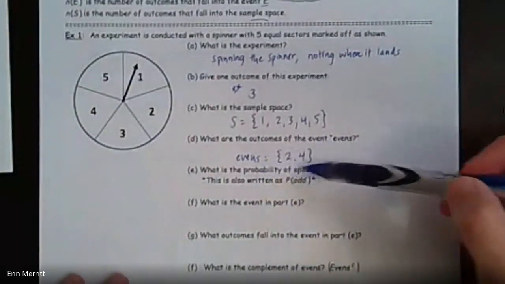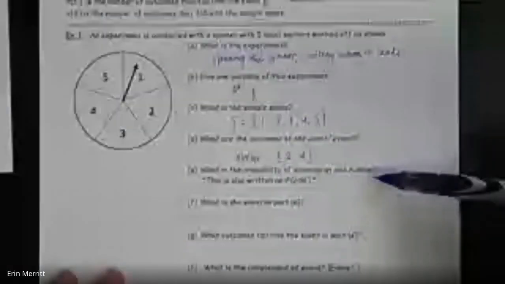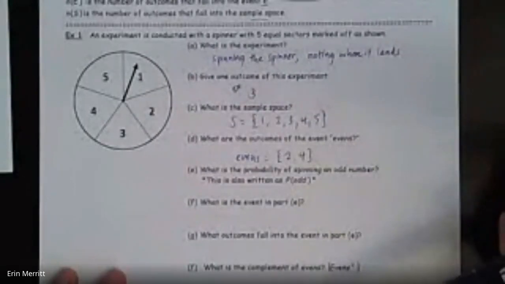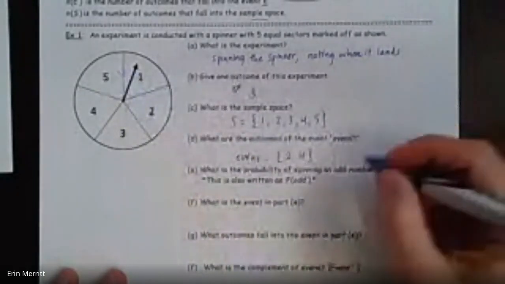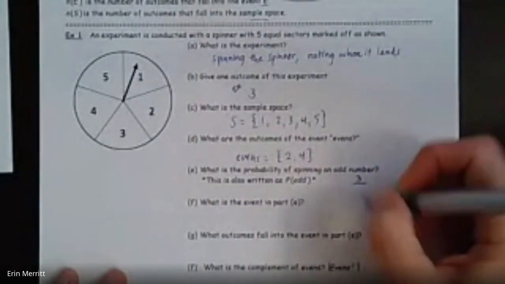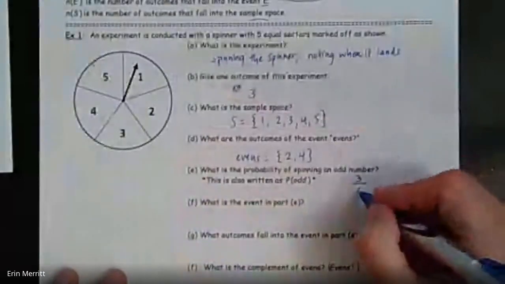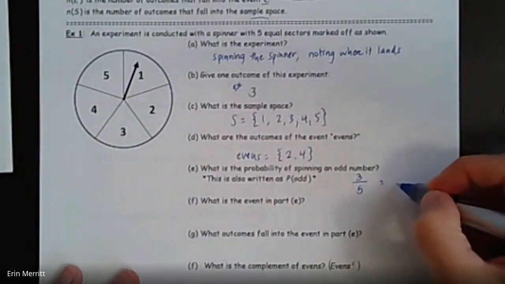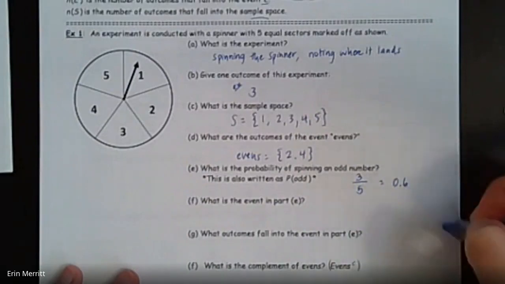What is the probability of spinning an odd number, which can also be written as the probability of getting an odd? Well, the probability of landing on an odd number, there's 1, 3, or 5. So there's 3 ways it can happen out of 5 total numbers. Now you can leave that as 3/5, or you can change it to 0.6.